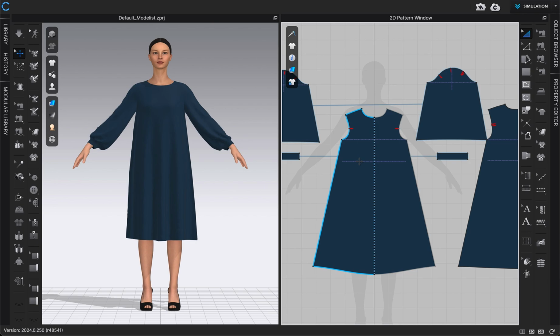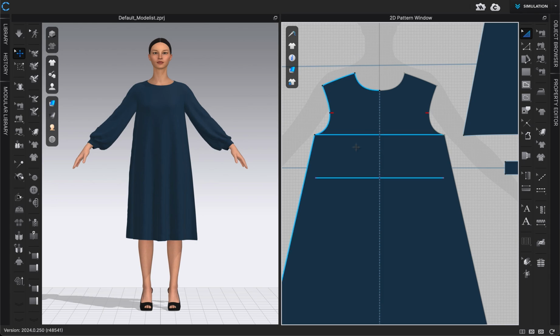Or if you wanted to be able to edit any baselines, you would be able to do this with that same method too, or add baselines. You potentially might want to add baselines if you want markings on your pattern for a specific measurement or to show a placement of a certain item. So in order to be able to do anything with baselines, we need to go into our 2D toolbar on top of our 2D window. Under the pattern lock icon, it looks like that shirt with a lock next to it, and I'm going to choose unlock all baselines. So when I do that, now they turn into solid lines instead of dotted lines,